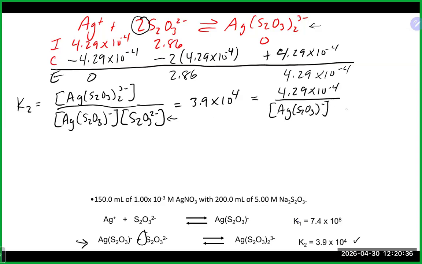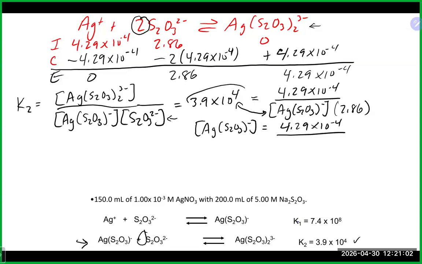And my ligand is 2.86. Just like the math on the last one, these two guys are basically just going to switch places. When you do it, you're going to multiply the bottom guy to the other side and divide by the K value. And that will get you that this intermediate guy, which was asked for in the question, will end up with 4.29 times 10 to the minus 4 divided by this guy swapping in its place, 3.9 times 10 to the 4, and our